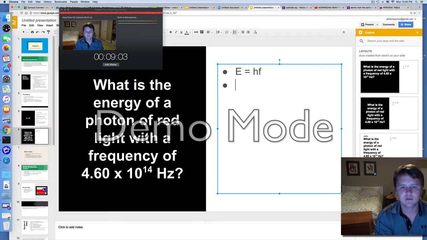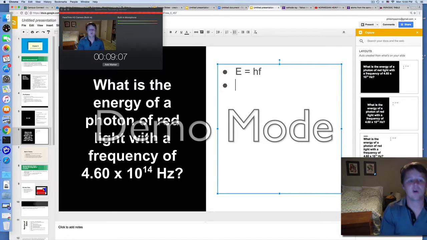So we have energy. That's what we want. As you can tell in this problem, there's energy right there of a photon of red light. Well, Planck's constant, when it says constant, it's going to be constant, which means the same thing every time. So E equals whatever H is